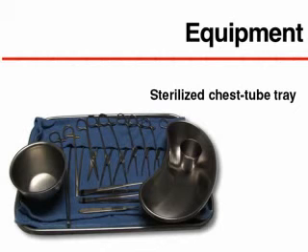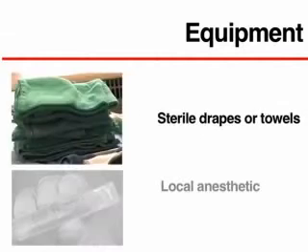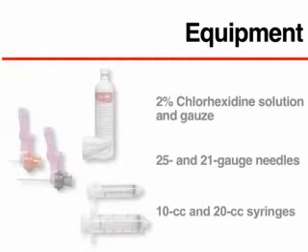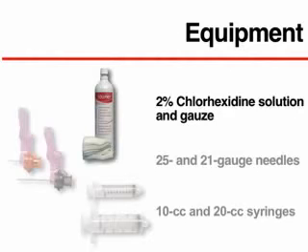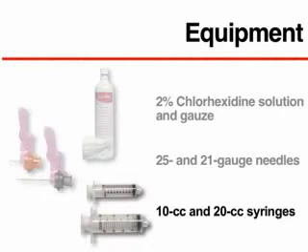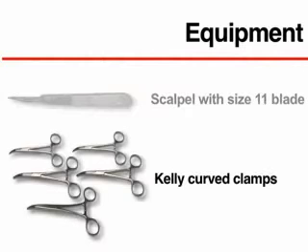Sterilized and fully prepared chest tube trays are often available in the hospital. The key materials required in addition are a sterile gown, mask, and gloves, sterile drapes or towels, local anesthetics such as 1% lidocaine, chlorhexidine cleaning solution and sterile pieces of gauze, 25 and 21 gauge needles, 10 cc and 20 cc syringes, a scalpel with size 11 blade, which should be on the chest tube tray,